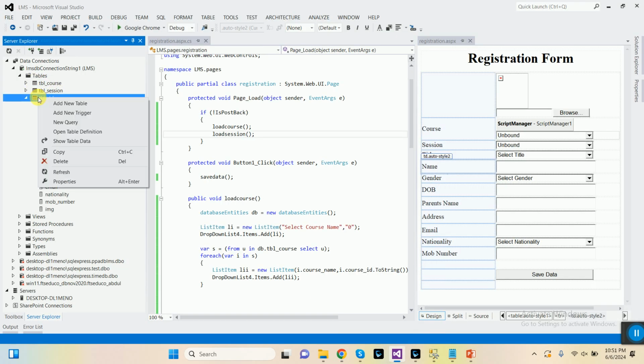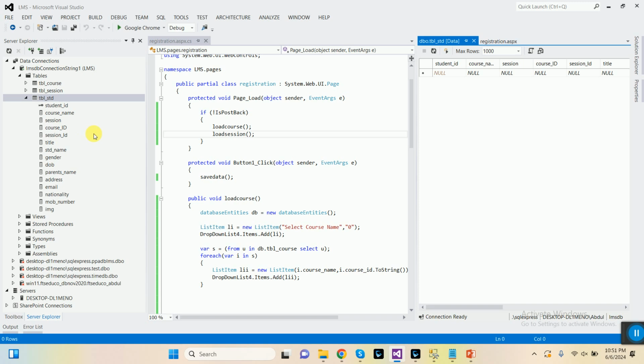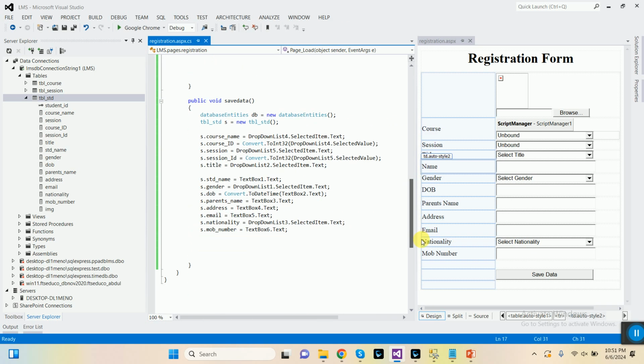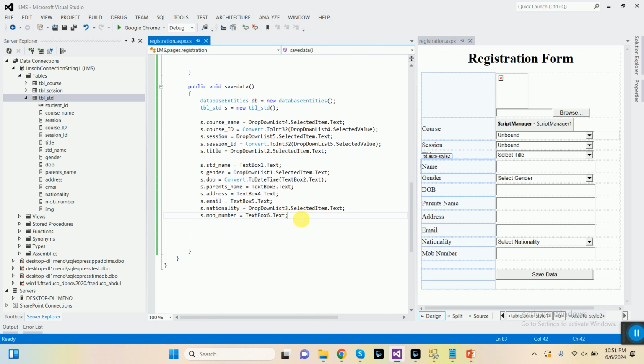Check the show table data. So let me check what happened. Data is not saved. The code is incomplete. We will complete the code first. So db.tbl dot add will add this object. Name of the object is s. db dot save changes,